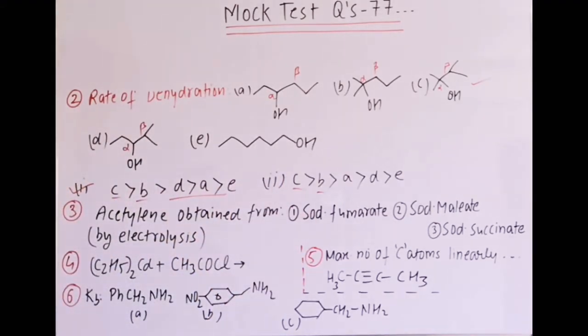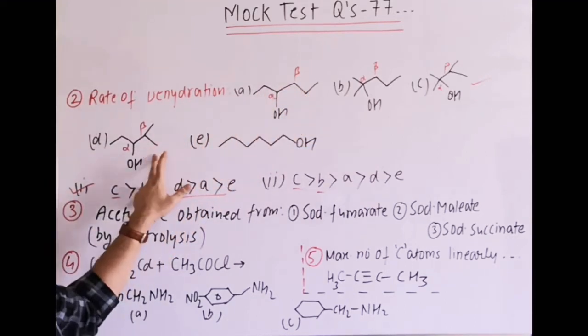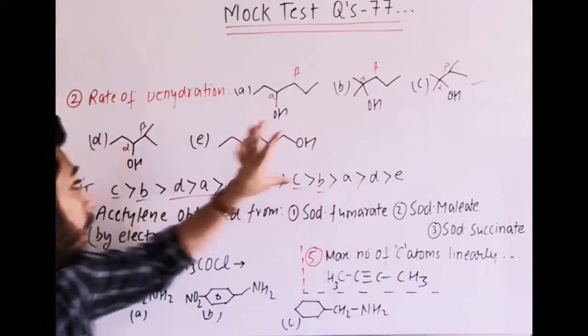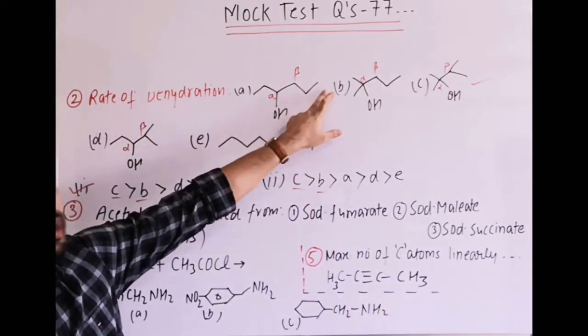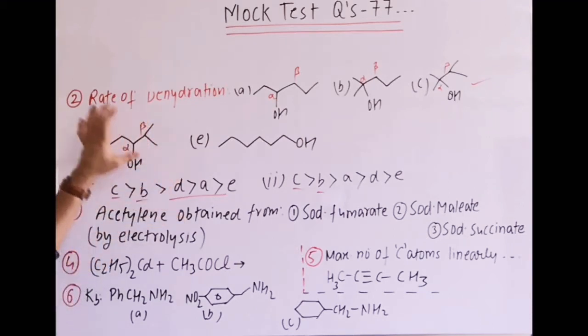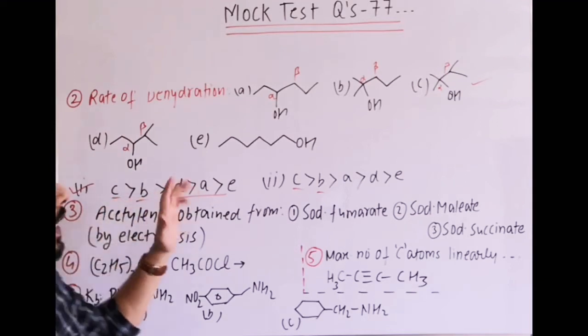Because the other logic is opposing it, that hyperconjugation is more here, one less here. But the difference is not much, one hyperconjugation difference is there. Here there are more CH3 groups, here there is one C2H5, here there are two CH3 groups. So inductive effect also favors and beta branching also favors. So we can go for the answer, that is C, B, D, A, E.